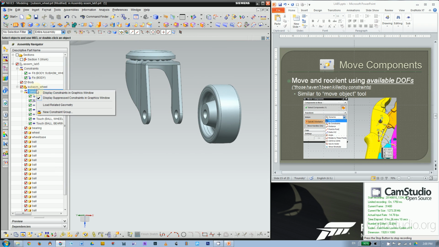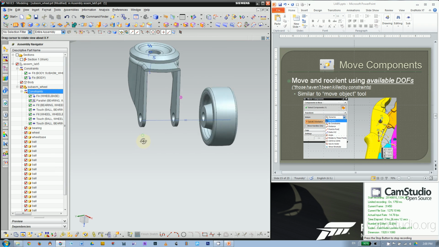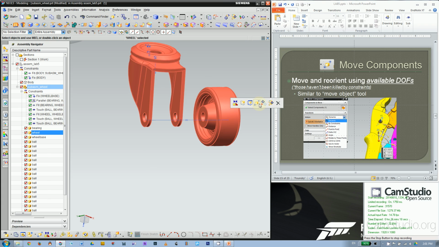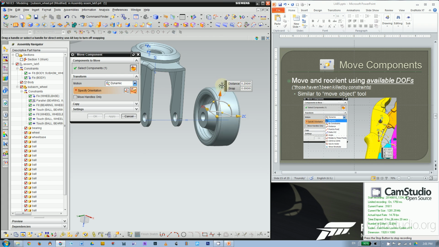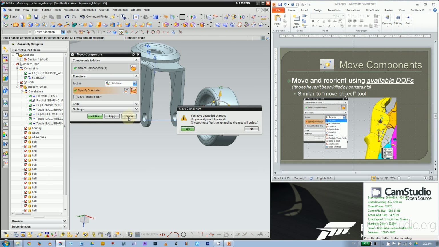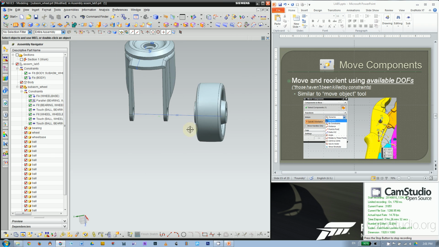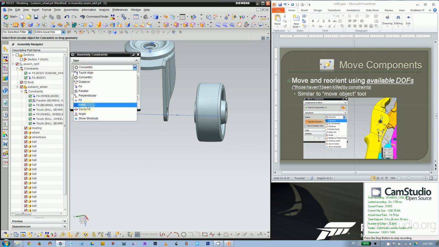Note we have, let's display this, we have a fit constraint here, right? So that means you can't really move this in the X or Y direction. That's the radius direction. Okay, but you can move in the axial direction. So we want this to be the center of this U shape. We can use the constraint center,